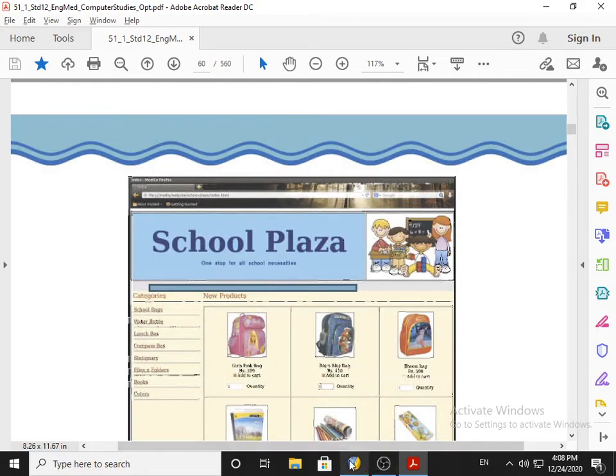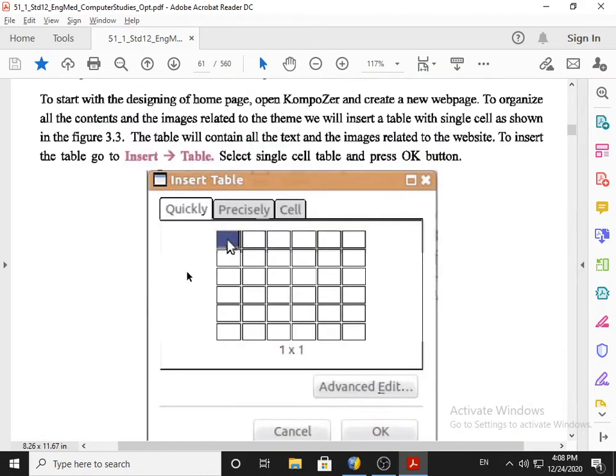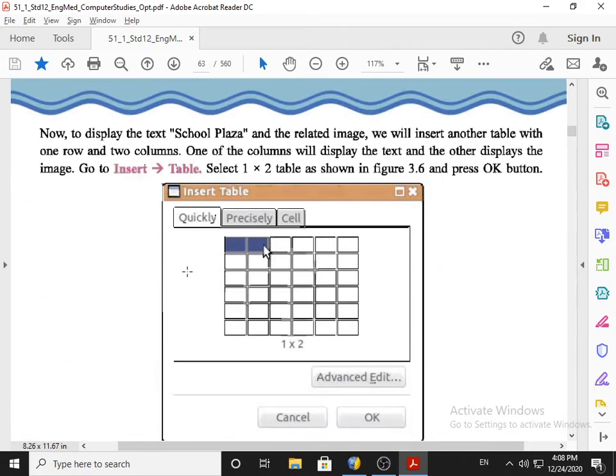So what we will do is we will prepare a table. See here mentioned one more table. Now to display the text School Plaza and the related image, we will insert another table with one row and two columns, and one of the columns will display the text and the other displays the image.